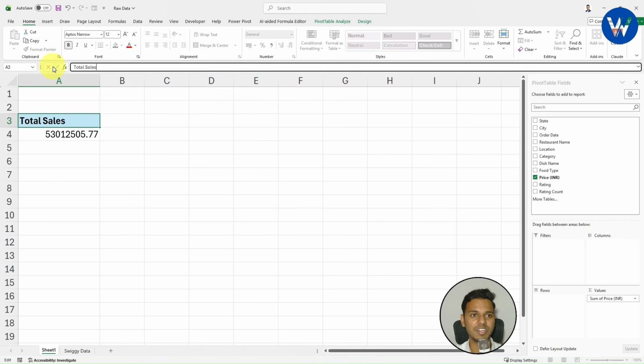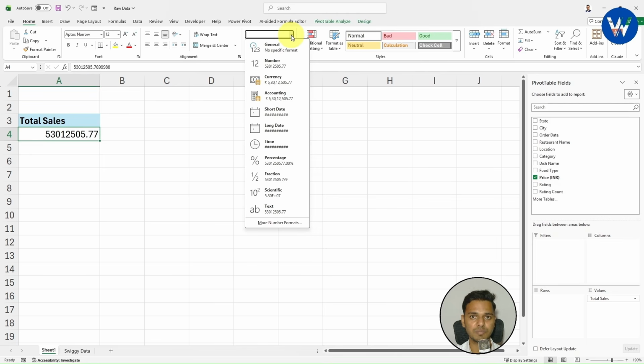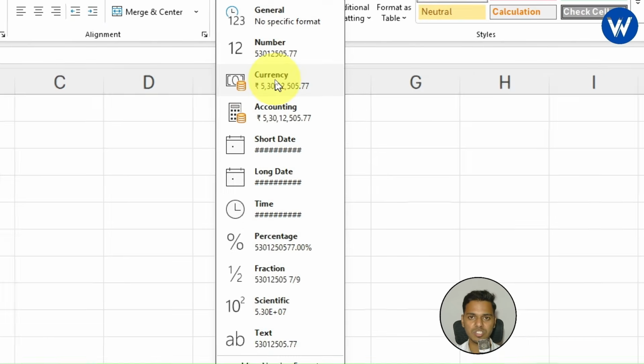In this way you can rename your record. Now I want to give formatting to the total sales because I am unable to understand what the total sales amount is. It is very simple. Under the Home tab there is one option, Number, right? You need to expand this. From here I want to show it in currency, right? The total sales amount is in currency. Simply click on this option.